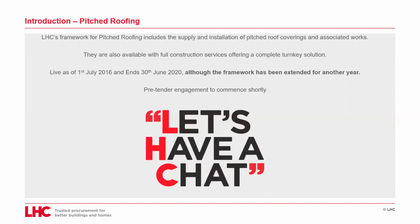As a framework provider, it is crucial for LHC to receive your opinion, and we welcome all feedback from clients, manufacturers, and contractors to ensure we provide a robust framework that is fit for purpose for all parties. If you'd like to be involved, please contact one of the members of the team. And to clarify, projects can be registered now up until 30th of June 2021, and contracts are able to run